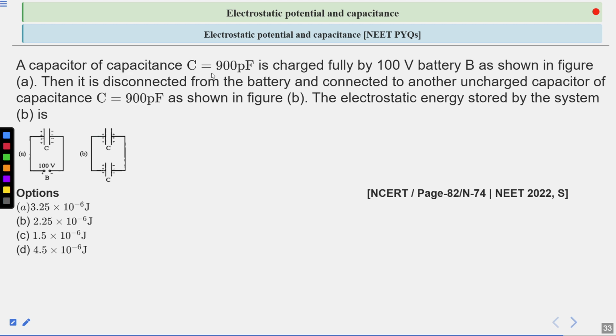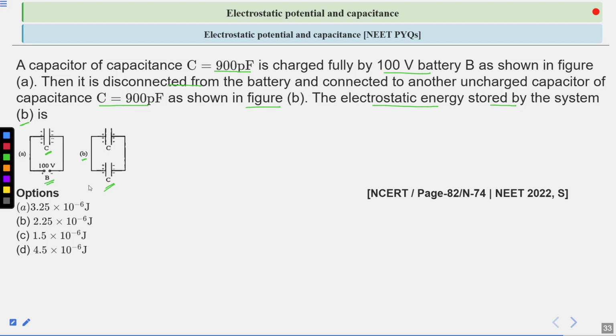A capacitor of capacitance C equal to 900 picofarad is charged fully by a 100 volt battery. So one capacitor of capacitance 900 picofarad is connected with a 100 volt battery B as shown in the figure. Then it is disconnected from the battery and connected to another uncharged capacitor. This is the uncharged capacitor initially, of the same capacitance 900 picofarad, as shown in figure B. The electrostatic energy stored by the system B is